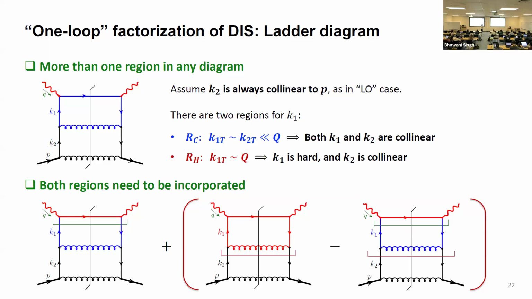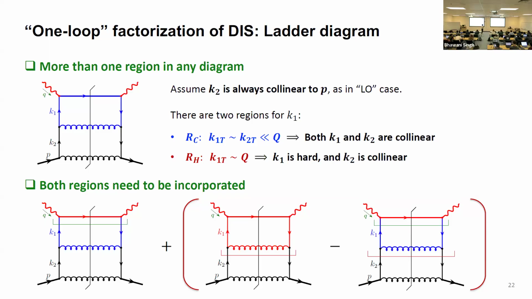And because now it's hard, it should be included in the hard scattering. It should be in the upper part. So we need to insert the projector here. The projector here only approximates K2 as it enters the upper part and inserts a spinor projector here to take this K2 on shell. But if we only sum up these two diagrams naively, you have a double counting